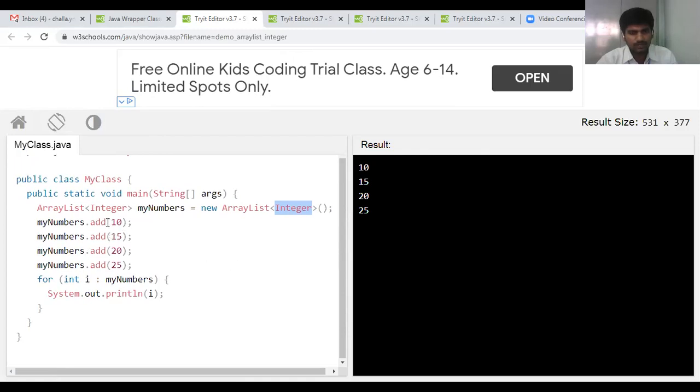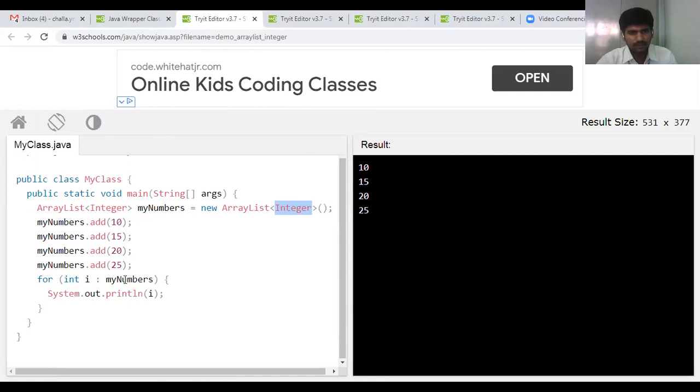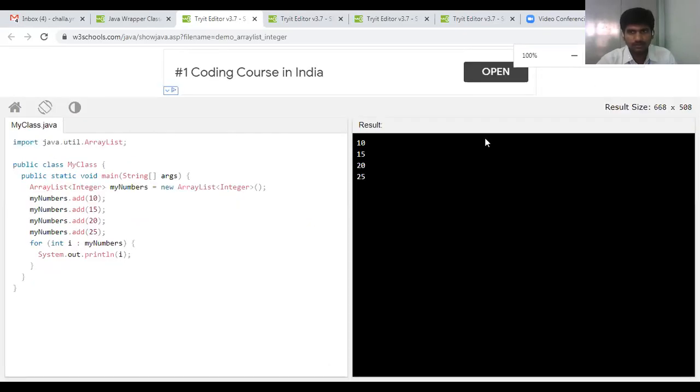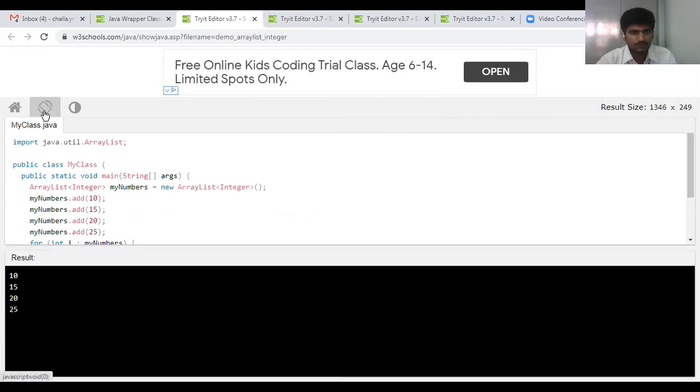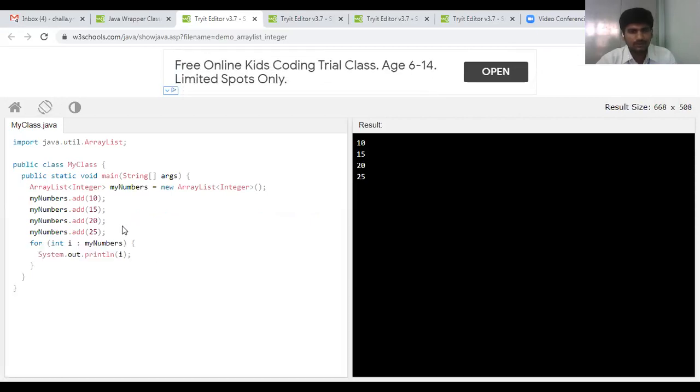We get the array list as 10, 15, 20. For example, if you change anything in the program, converting the data into an object is known as the wrapper process. The wrapper classes are written with a capital letter. The total word is the same, but the starting letter is capital. That is the main thing. Okay, we will start again tomorrow.